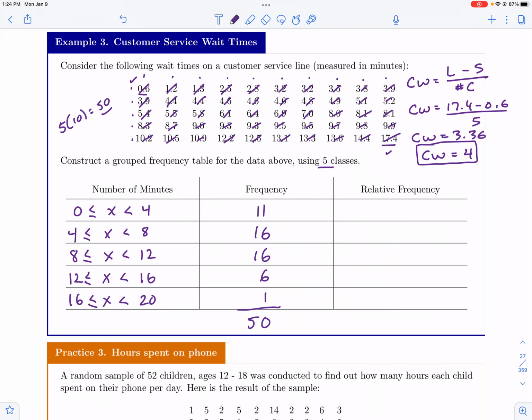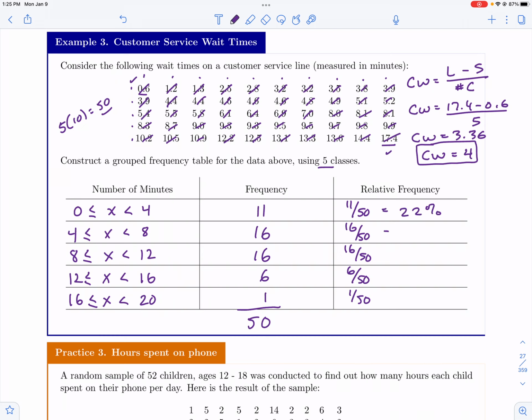All right, so our relative frequency is the same as above for our group frequency. So we're just going to take our frequency and divide by the total. So we've got 11 divided by 50, 16 divided by 50, 16 divided by 50, 6 divided by 50, and then finally 1 divided by 50. And then again, if you wanted to throw these into percentages, just so it makes a little bit more sense, we'd get